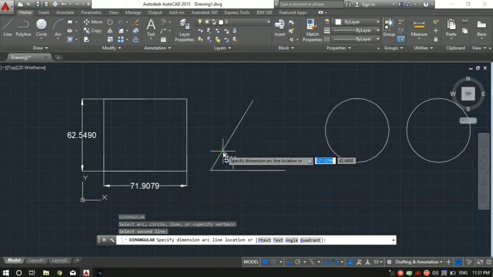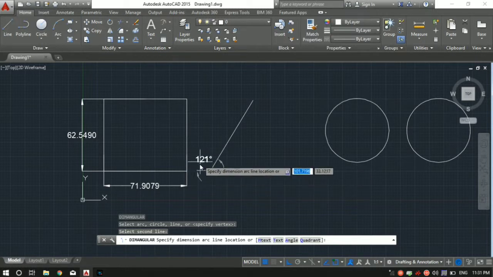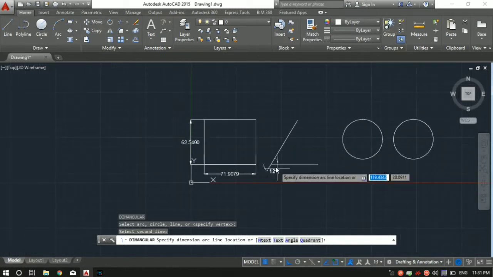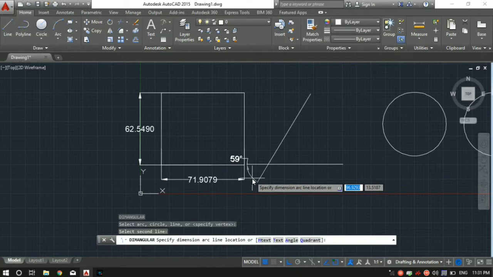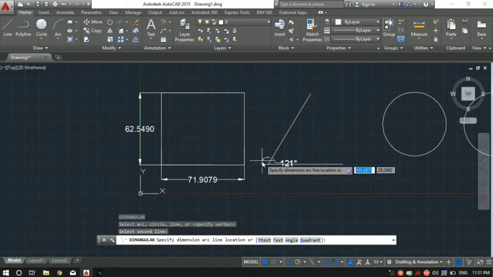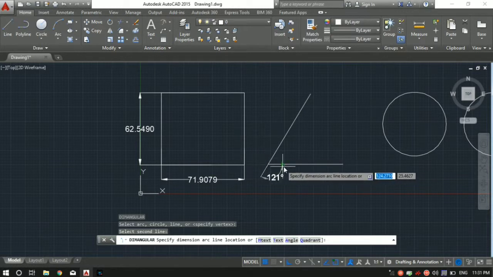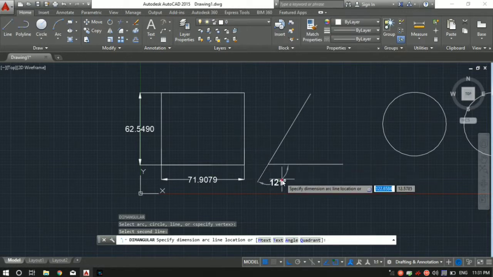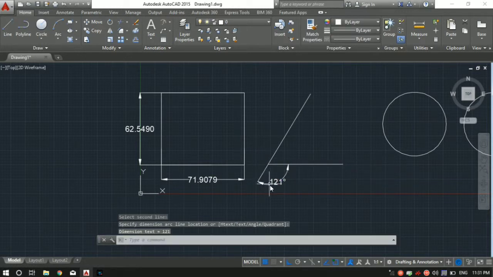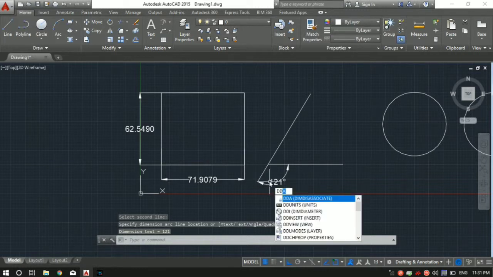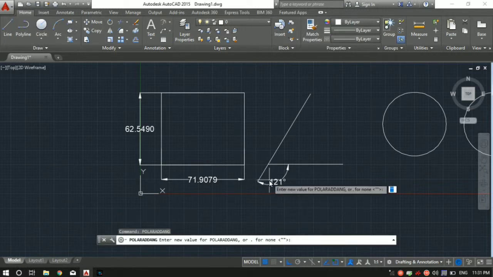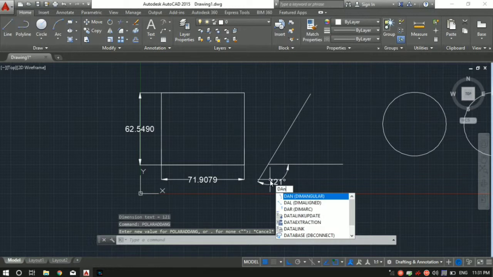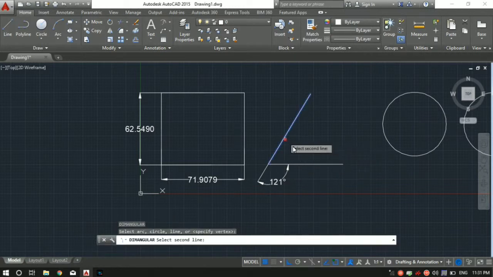So let's say that I want to know the angle between these two lines, but from this side. So that is also possible. Just come over here and you'll find that the angle is 59. Again over here between this line and the x-axis it is 121 degrees. So whenever you're happy, left click, that will lock the dimension. Again let me do the dimension, DAN followed by spacebar, select the lines